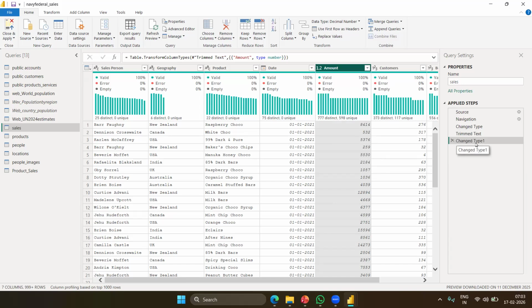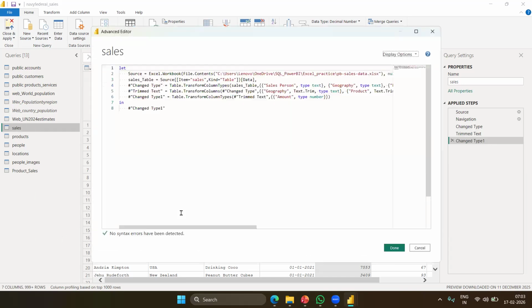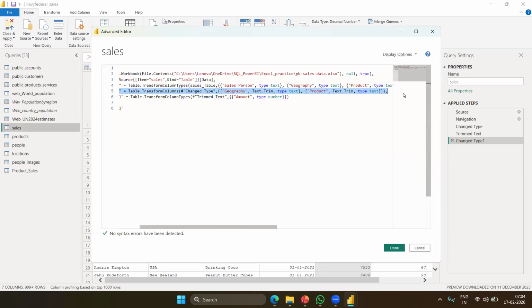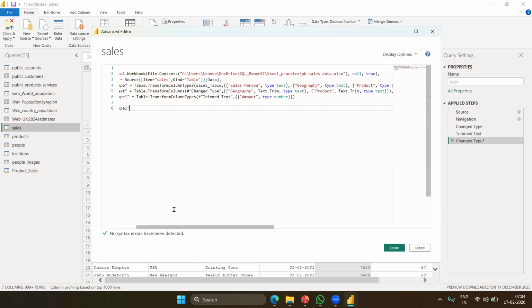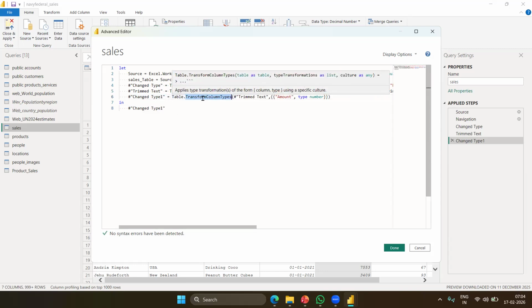See, one additional line item got added: changed type. In the advanced editor, earlier the last line was trim text. Now we got one more line added, Changed Type, Table.TransformColumnTypes, where trimmed text is the previous step, and here the amount.